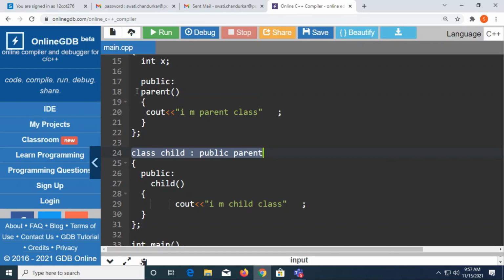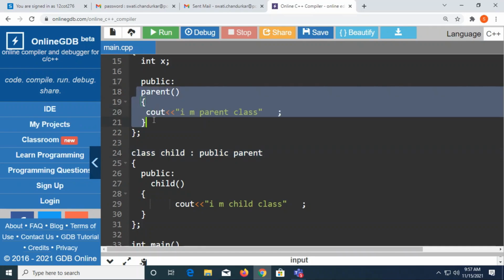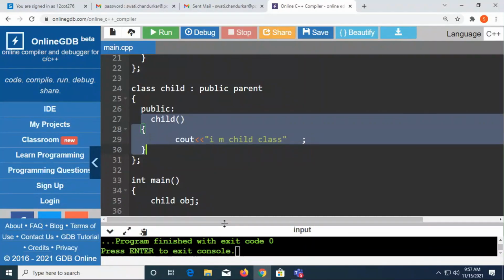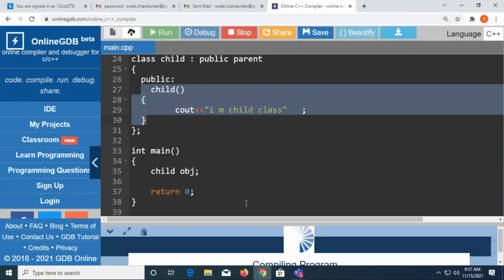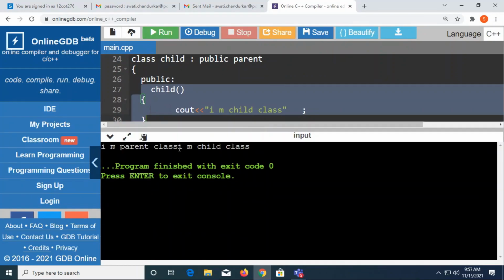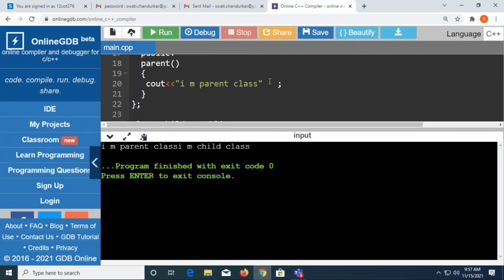So which function was executed first? The constructor of the parent class was executed first, and then the constructor of the child class. Let's see, I'll just execute this code. So see what I'm getting? My constructor of the parent class is executed first and then the constructor of the child class.